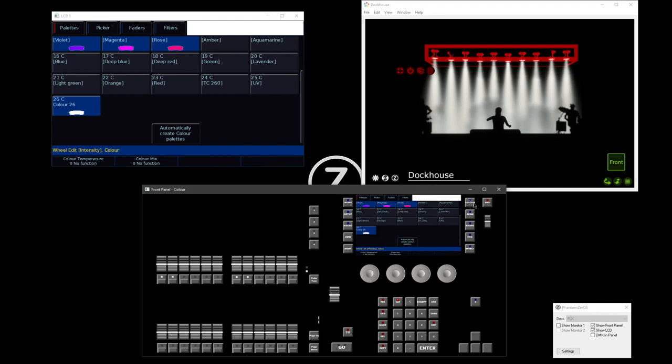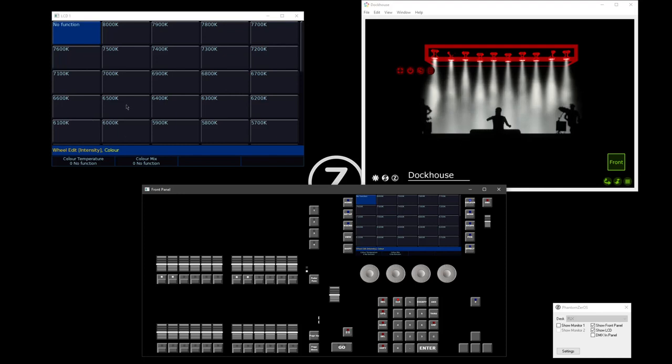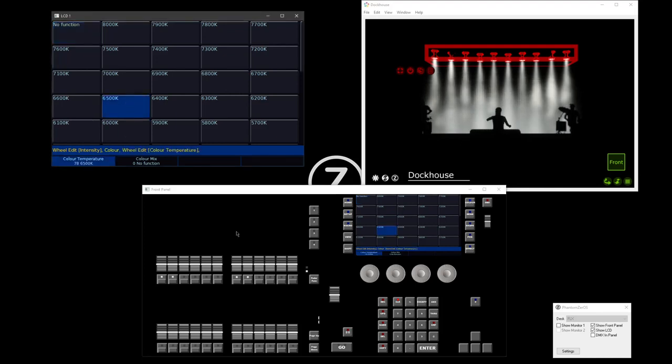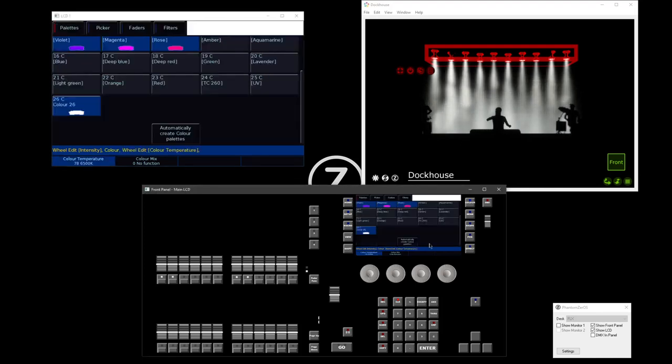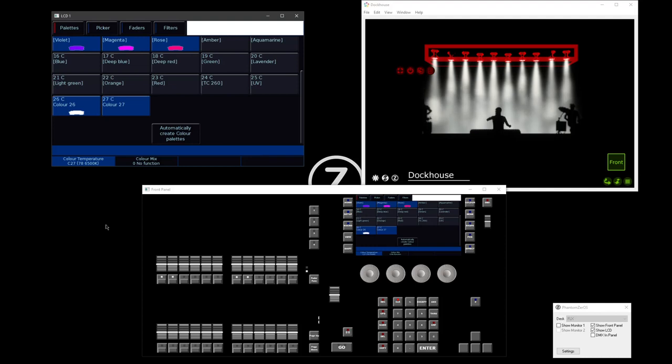Let's repeat this process again. So I'm going to go to my colour temperature parameter, get my breakdown of options, choose 6500 Kelvin, tap the middle button to close, and yep, I can see that the only parameter with the blue background is colour temperature. I'm now going to tap my record button, store that as a colour palette, and you'll see we don't get the colour preview,